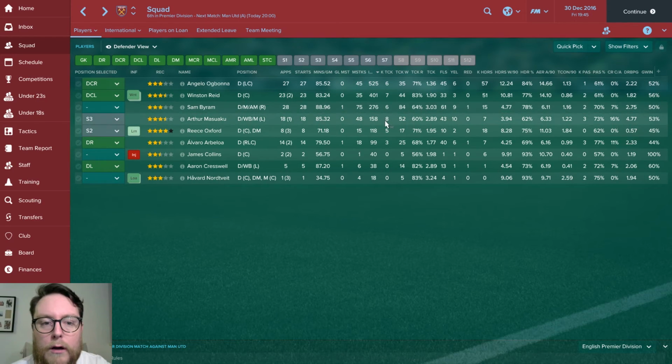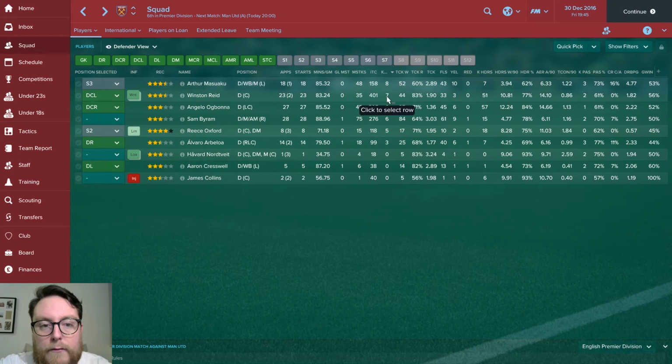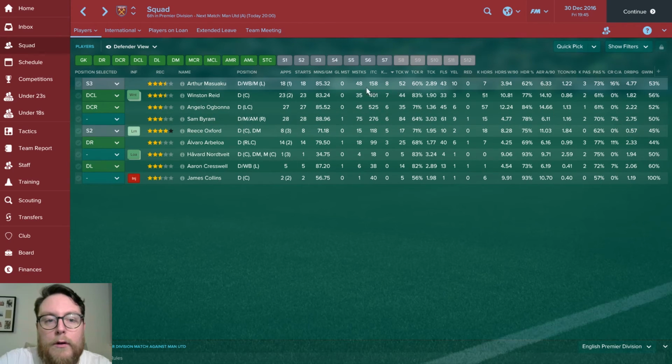And then we got our right and left backs, making less as we'd expect because they are more attacking in this formation. But good to see both central defenders bringing in interceptions there. Key tackles. Oh, Masuka making the most key tackles from out on the wing. That is interesting. With Reid and Ogbonna coming in, so when Masuka is playing out on the left, he is